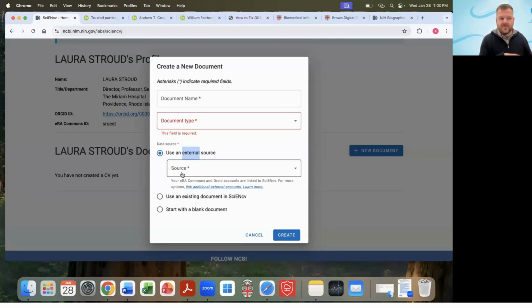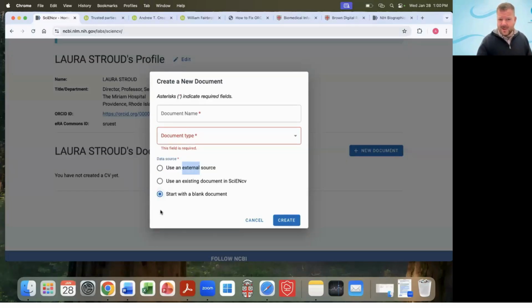So when I did the example from Professor Ruist, I was able to use her old biosketch as an example because she happened to voluntarily use SciENcv in the past to create biosketches. So she had a digital copy within SciENcv. But if you have a PDF or a Word document and you have no existing document in SciENcv, you have to click start with a blank document and then just transfer information over, which I understand is time consuming, but